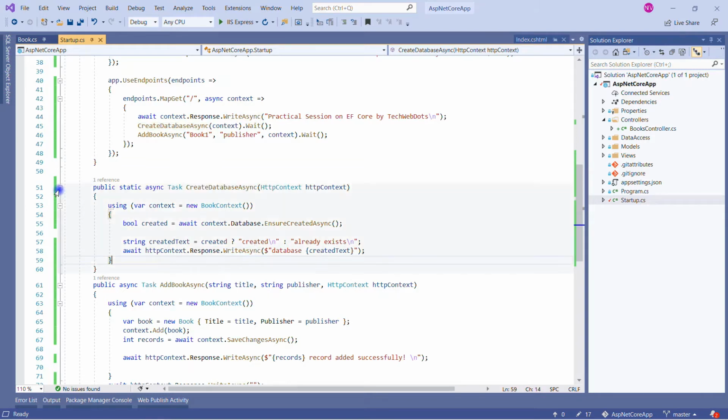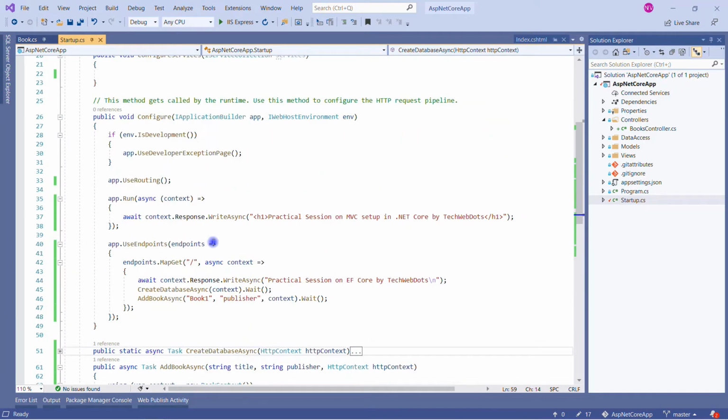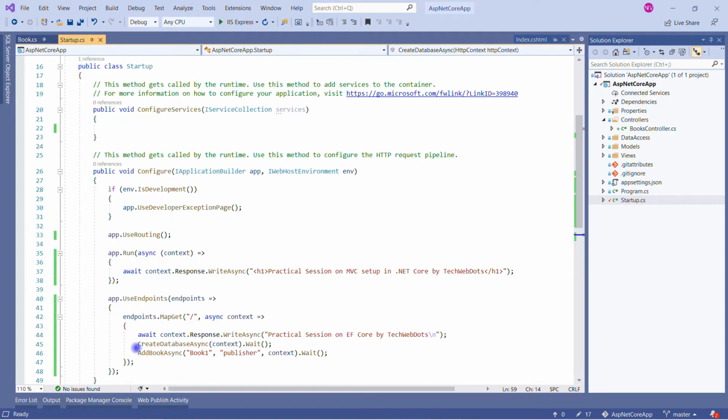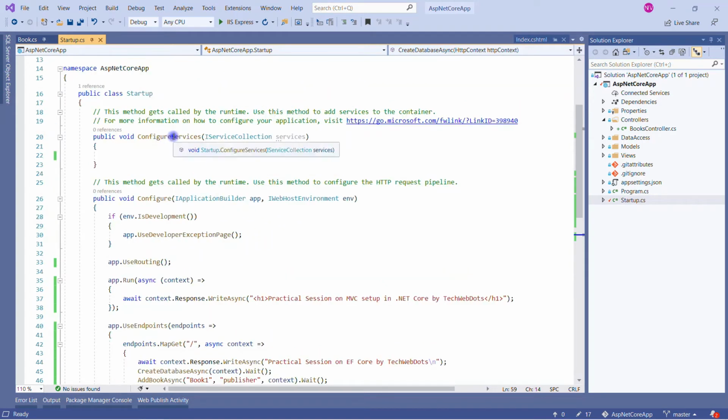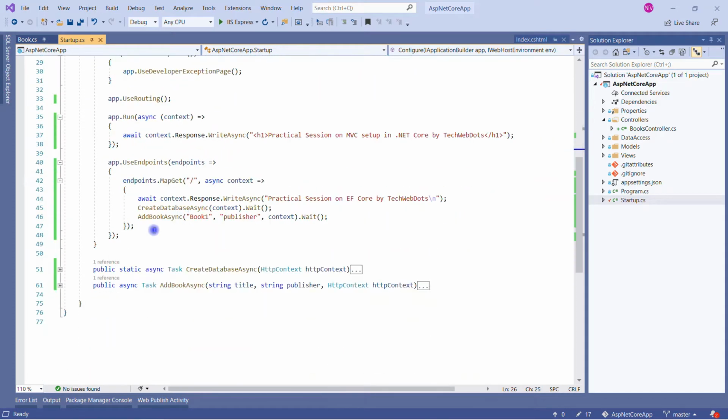Okay, but now we will not use it in this way because we want to align our application more with a real-time application. So let me quickly make some changes in the Startup.cs file. The two most important methods in this one are ConfigureServices, where we specify all the dependencies in the service collection, which is the IServiceCollection container, and the second one is Configure, our request processing pipeline, where all the middleware is specified. Okay, so let me quickly add those changes.